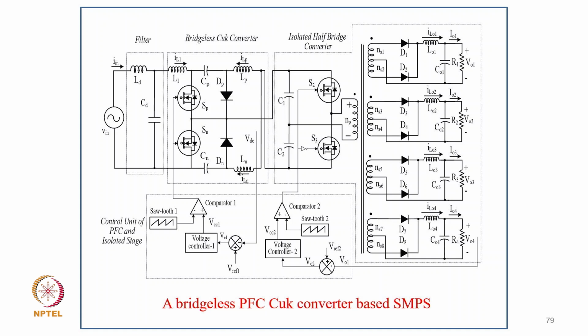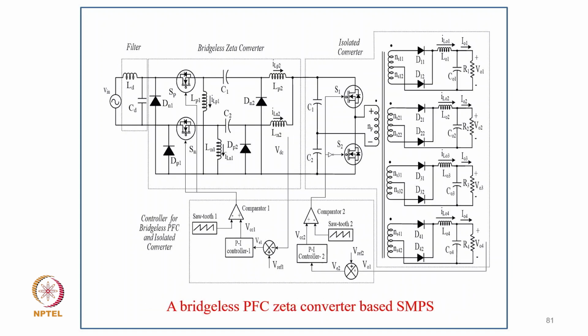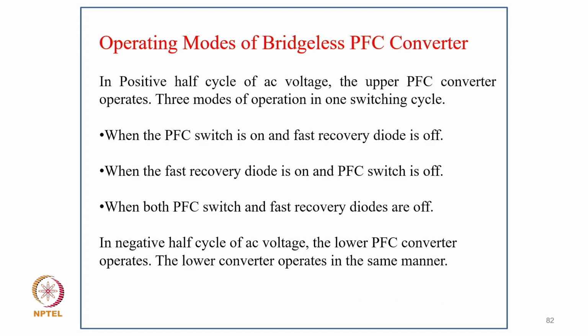And to sense the input voltage and input current, you get a well regulated 300 volt at the DC link, considered as a retrofit solution to replace the diode rectifier at the input, and you get an inherent power factor on the supply side also. And this is the case if we use a simple bridgeless buck-boost converter, typically in the case of the same power supply, or you use the bridgeless Zeta converter, one for positive half cycle, one for negative half cycle.